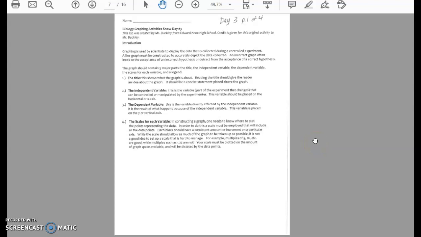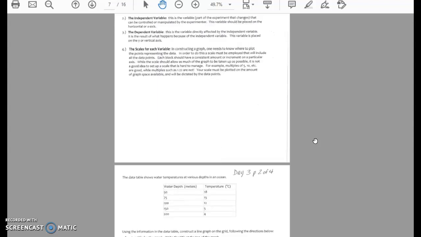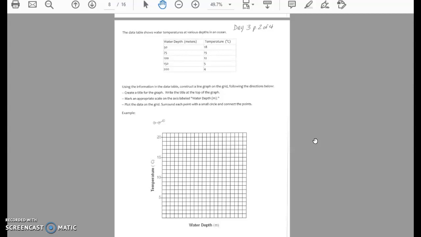Day 3. Here we go. Same thing: identify independent and dependent variables and scales. We go down. Oh, this is an easy one. Water temperatures at various depths in the ocean. Water depth,